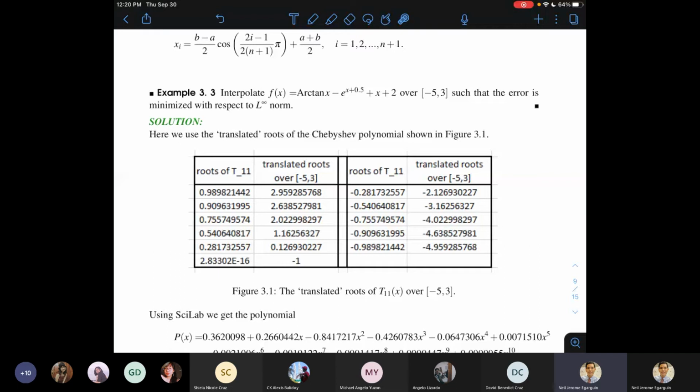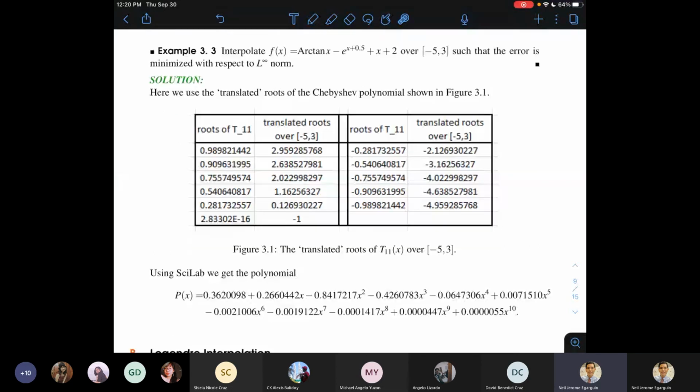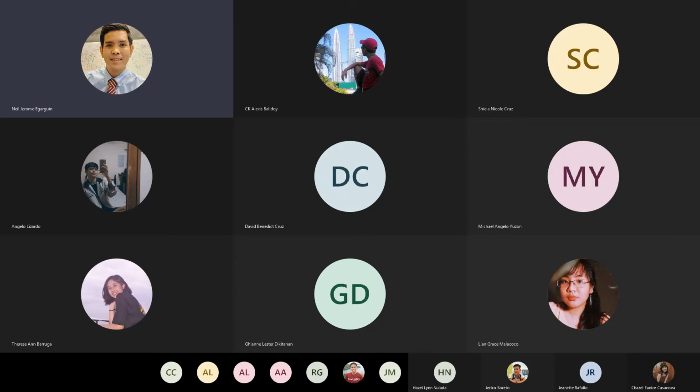I want to devote the additional 5 minutes paano natin magagamit yung Chebyshev roots kapag yung function to be, we want the interpolatory interval to be beyond -1 to 1. Kasi sabi natin yung Chebyshev roots ay between -1 to 1 lamang. So yung interpolation is valid only for x's between -1 to 1. Kasi outside of that interval, we cannot guarantee what happens to the error.